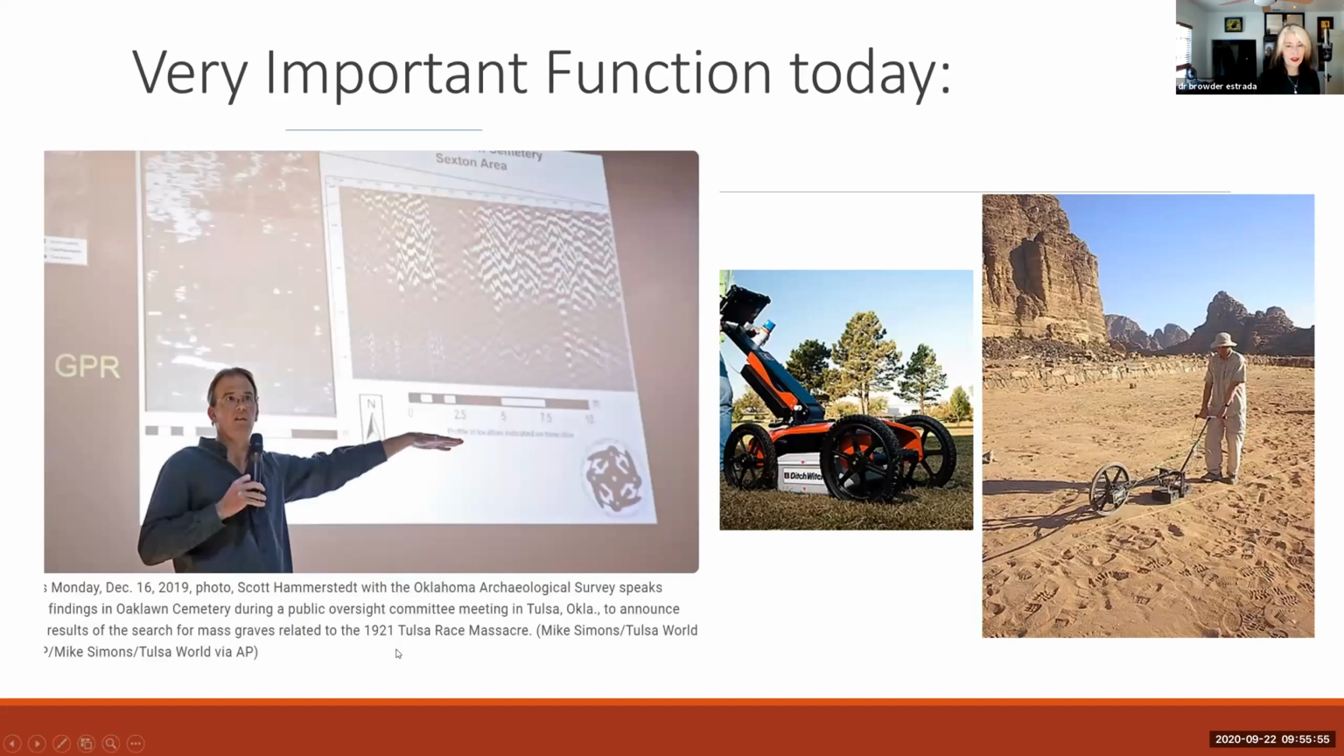So how important is GPR today? This is Scott Hammerstedt, just a couple years later, the same person that we saw using the magnetometer in the first picture in Mexico. In this particular case, he has been working in Tulsa, Oklahoma, to try to help the community and the whole United States to identify and rectify the aftermath of the Tulsa massacre, where the town went into a very